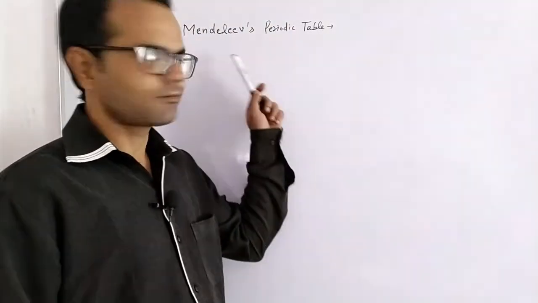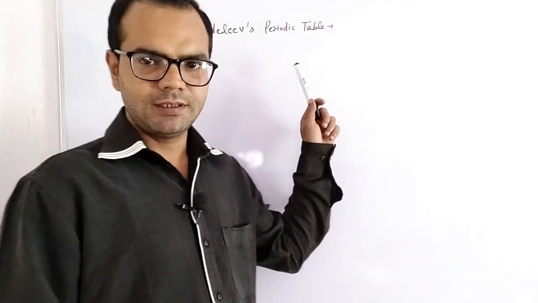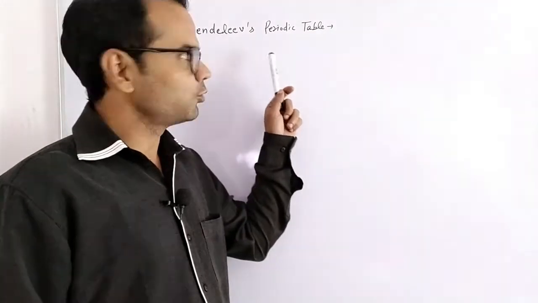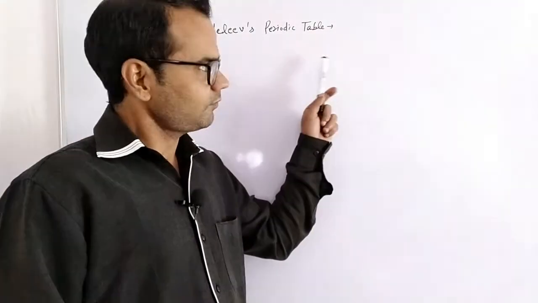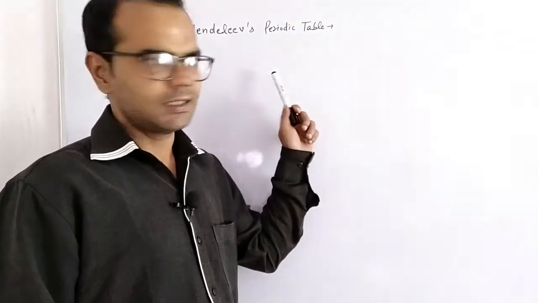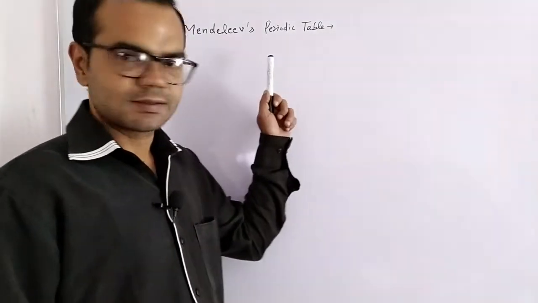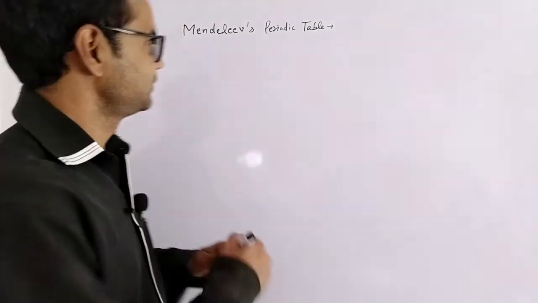Today we will discuss Mendeleev's periodic table for class 10th. So after Newland's law of octaves, Mendeleev tried to correlate the relation of atomic mass with their physical and their chemical properties. He used the concept of atomic mass and he gave a law called